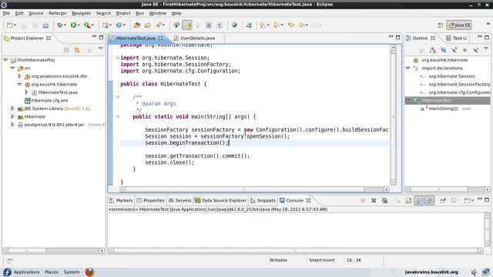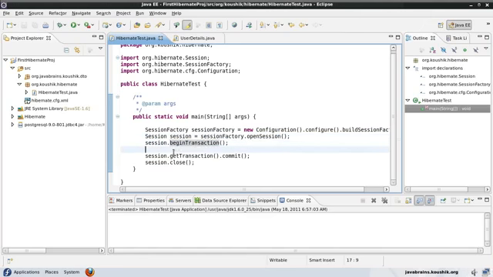So here I have my main method, which is doing the basics. It has a session factory initialized, and it's getting a session from the session factory. It's beginning a transaction, and then here is where all our operations go, whether we want to do a create, update, or a delete. And then finally we do a transaction.commit and a session.close. Okay, so now let's do a